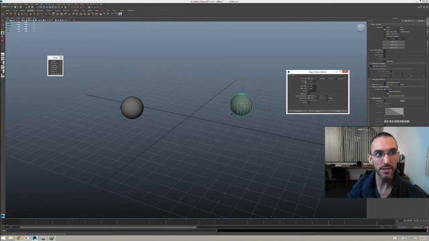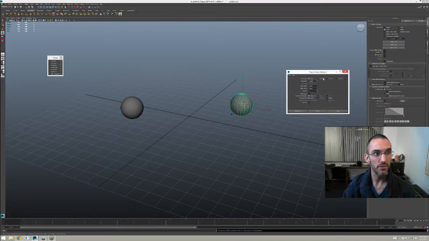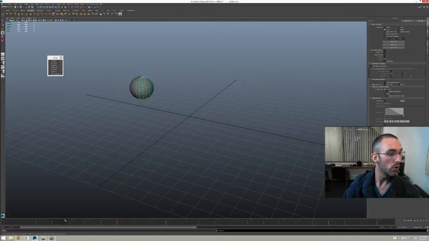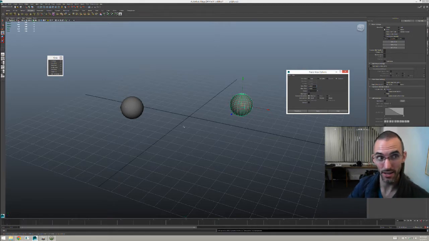So that's because my time range was defaulted to start. This was offset one frame because the start time was 0. If I did start time of 1, it would be the right thing. All right, see how they're right on top of each other? Okay. If I do a paste, I do a start end of 1 through 10, it will work all the way through frame 10, and then it won't work anymore. Okay? If I do a paste keys of current, it will work because I haven't changed the timeline. And if I do a paste keys of clipboard, it will always work because it's taking what the key values are from the clip itself.